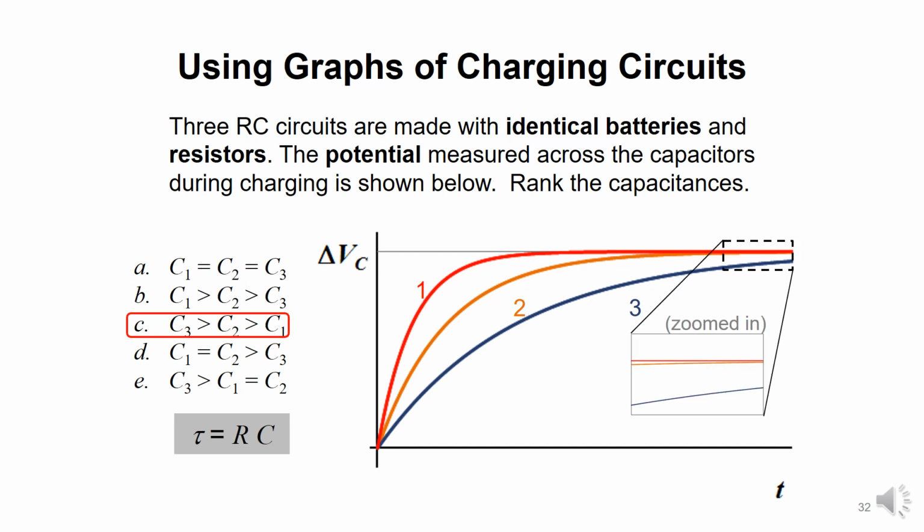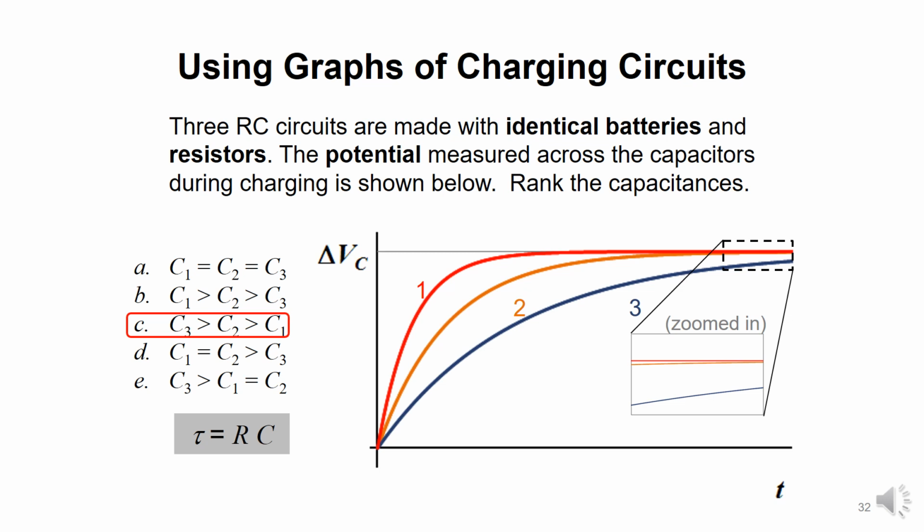Let's also look at the part that says zoomed in. Let's look at the dashed box here. We can see that the capacitors are all approaching the final value, the maximum value, the upper line. But if we zoom in, we'll see that the red capacitor is ahead of the other two. That's because the capacitors are never fully charged. They approach 100%, but they never reach it. They get to 99%,